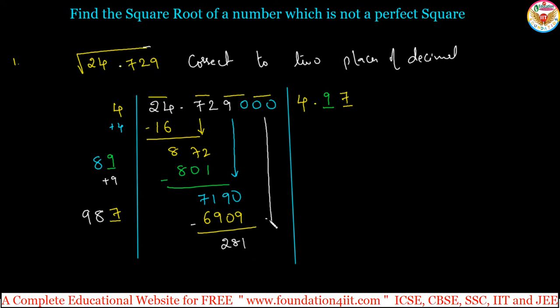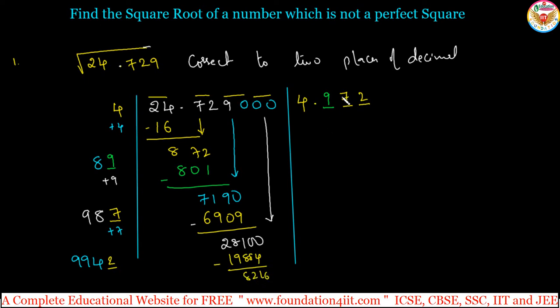Next set, 2 zeros. Now here only the units place should be added. The units place is 7, so one more 7 you can add: 987 plus 7 is 994. Right, now these places must be the same until you get 28100. 9941 into 1, 9942 into 2. Only 2 into 2 will come less than this: 19884. Subtract this, the same, 8216.